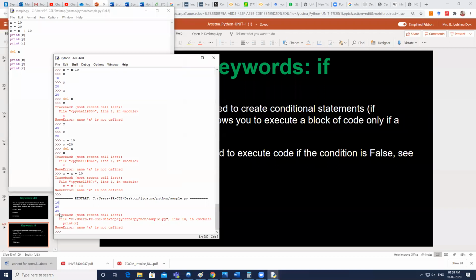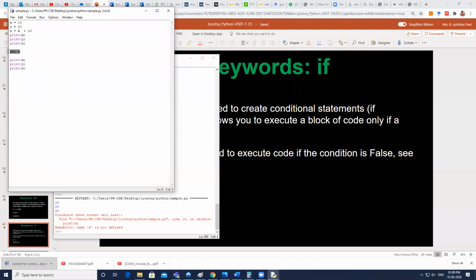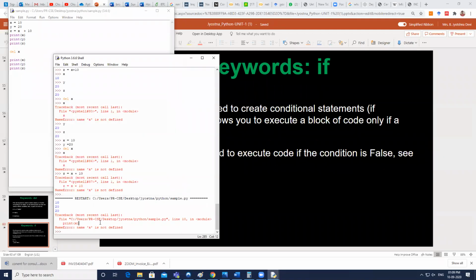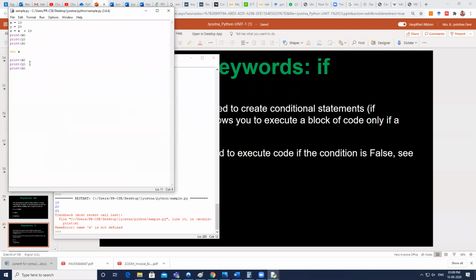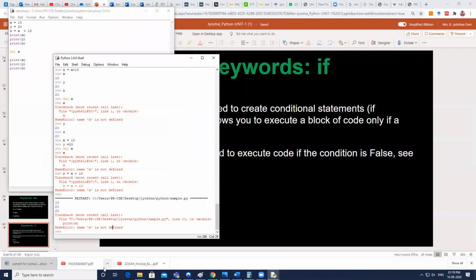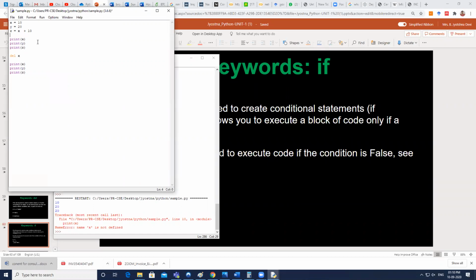Are you getting this? Then I deleted X. So now the object X is no more. That's why when you execute this statement, only then you are getting this error. And once you get this error, your further statements will not be executed because it's an interpreted language. Is it clear now? So now if you delete your X here itself, or even before that, then where do you get the error?